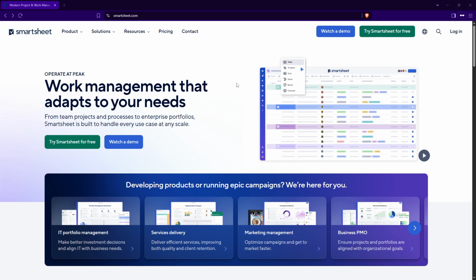First things first, you'll need to open your preferred web browser. It could be Google Chrome, Mozilla Firefox, Apple Safari, or Microsoft Edge. It doesn't really matter which one you choose, as Smartsheet is compatible with all modern browsers. Ensure you have a stable internet connection, as this will make your experience smoother and reduce any delays loading the